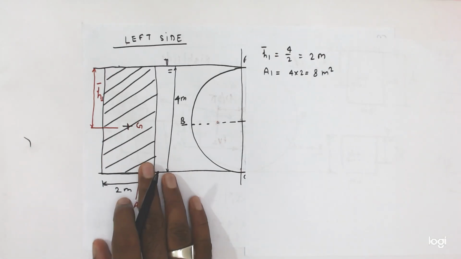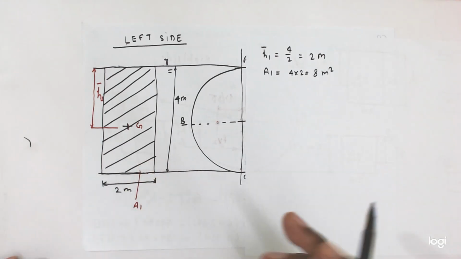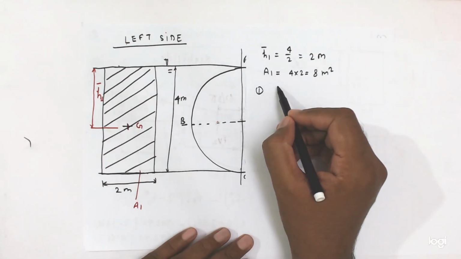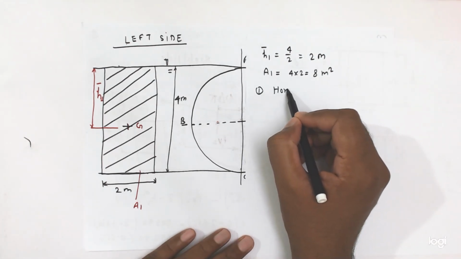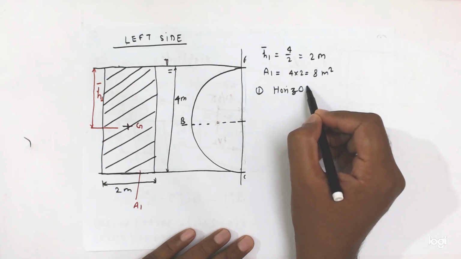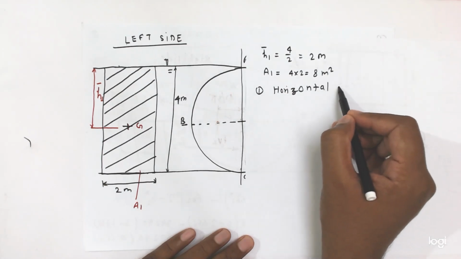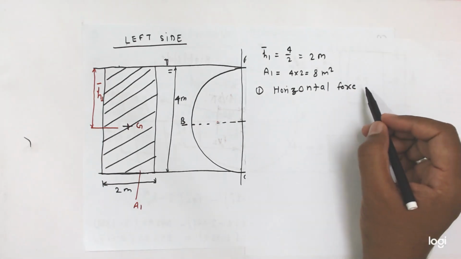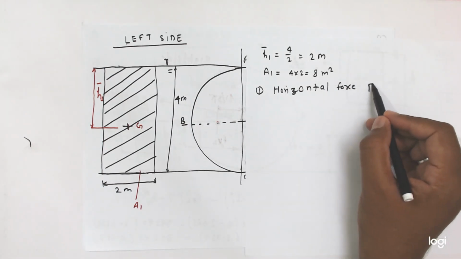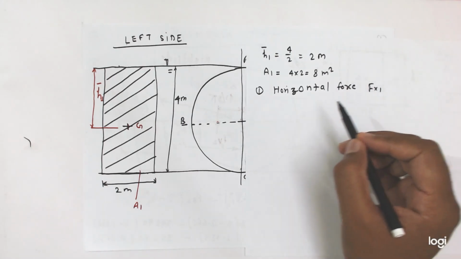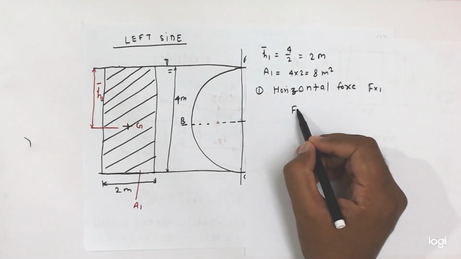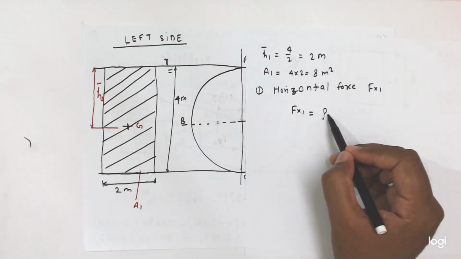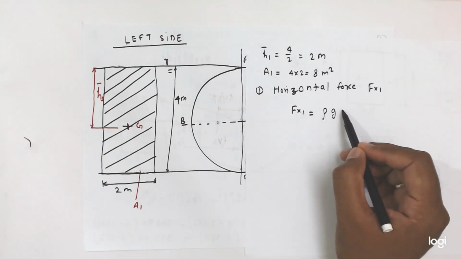Okay, friends. Now we have to calculate horizontal force, or you can say horizontal pressure force, Fx1. So Fx1 is equal to what? We know that, friends, Fx1 is equal to rho g